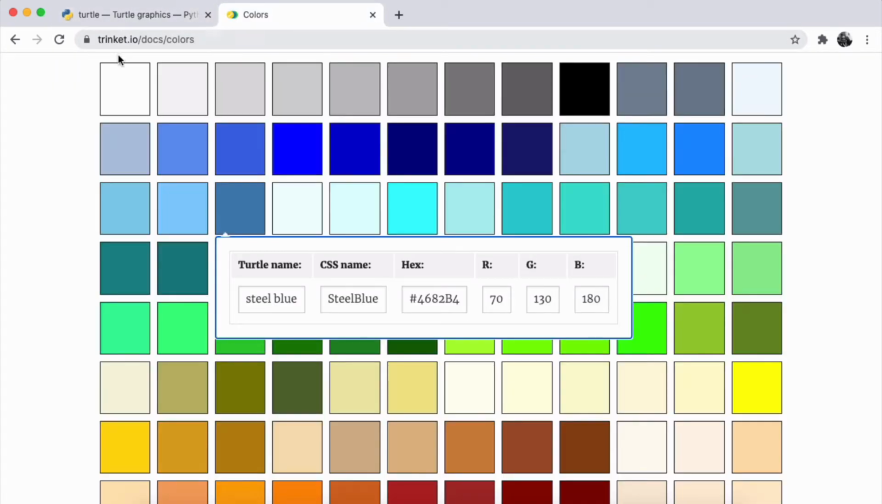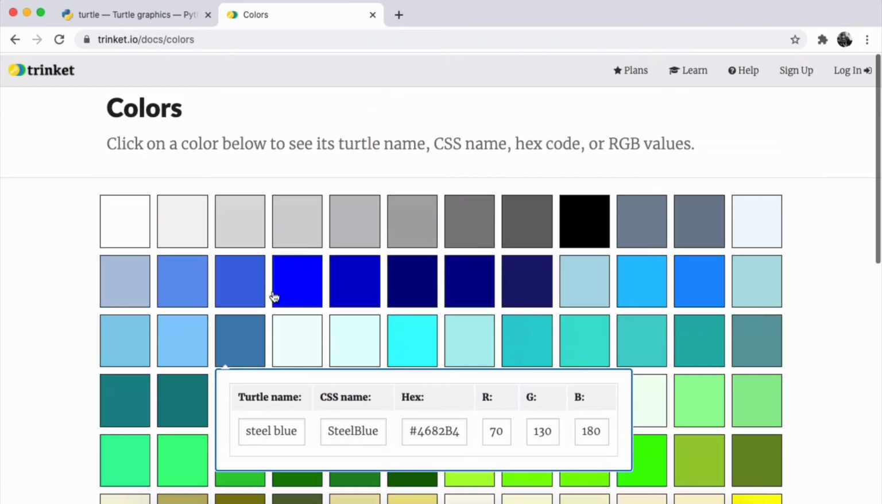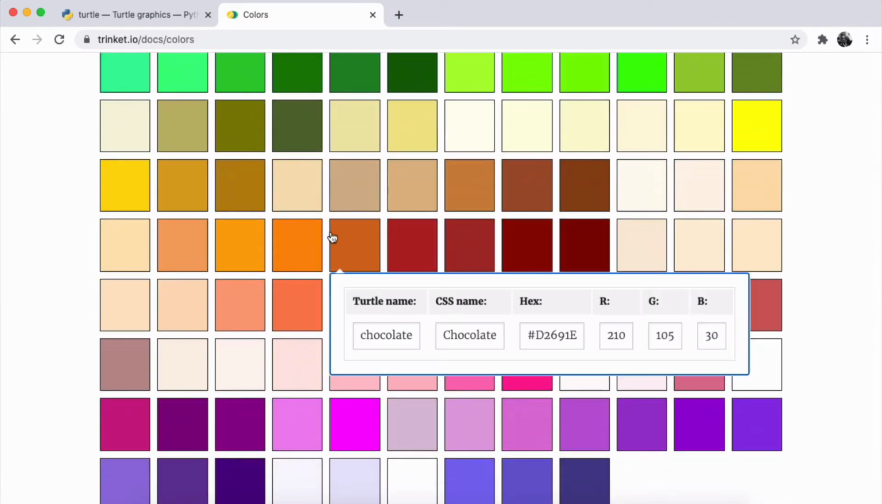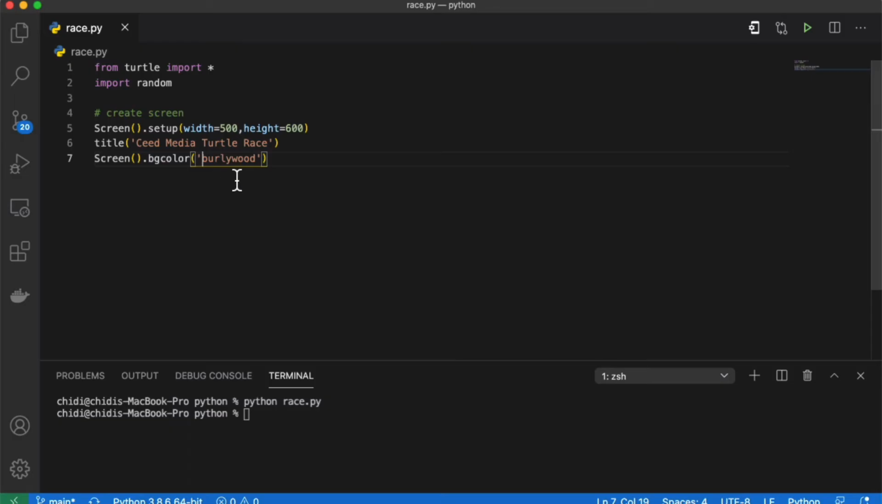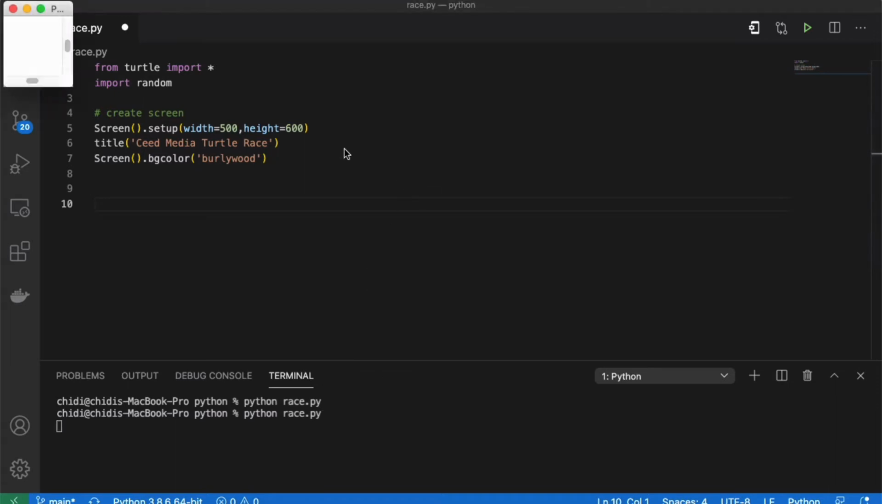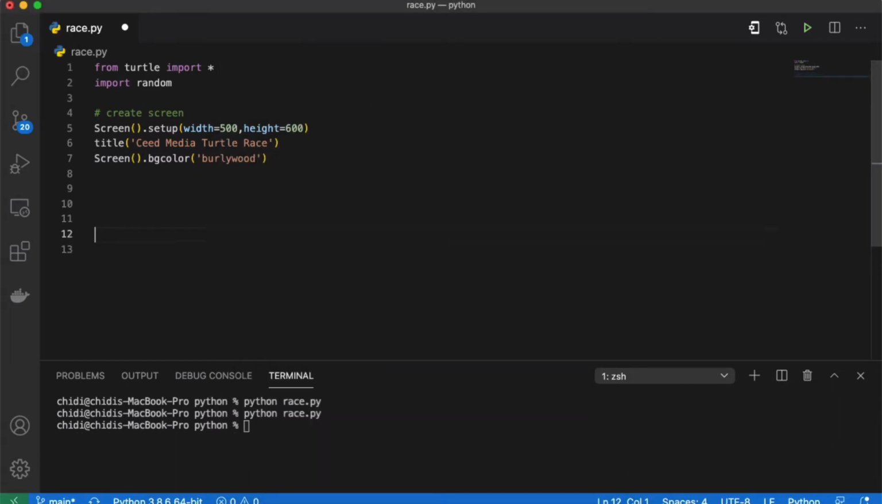And for the colors, you can go to trinket.io/colors, and all the Turtle names are available here. All the colors you see here are available, and any one you click on, you can easily use the Turtle name directly to work within the Turtle library. So we're going to have a color of Bollywood. If we run this program now, you see the screen will just open and terminate. To prevent the screen from closing immediately, we're going to have